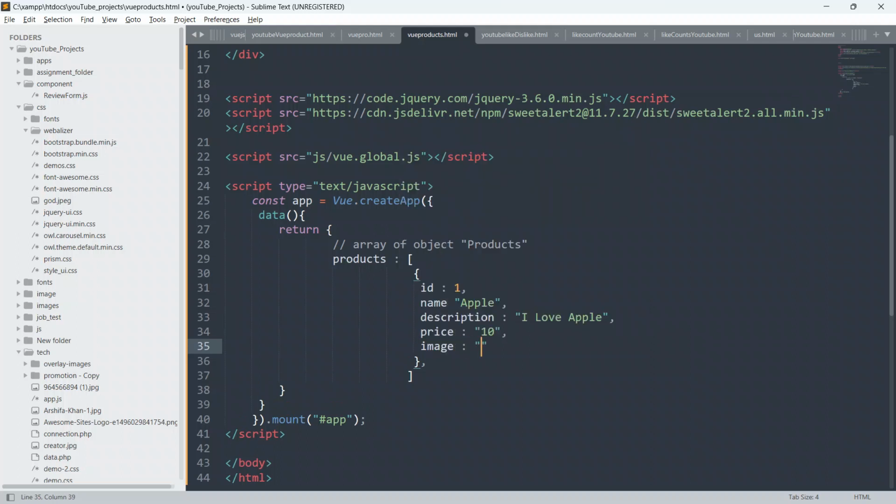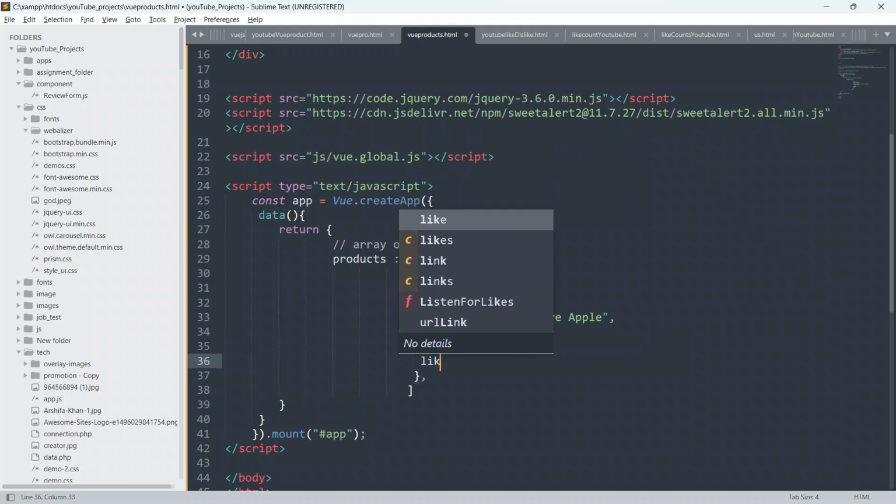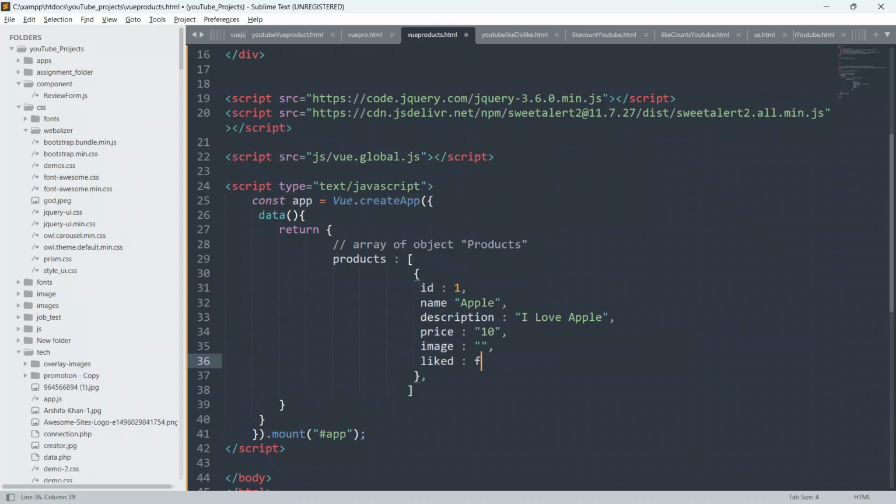Here I will give the folder name and image name. Put a comma, give liked also, so liked, as of now false.